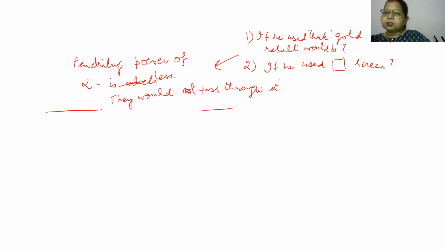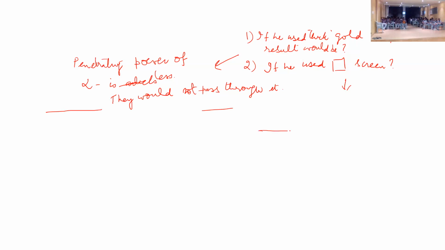Right? Had he used a thick gold foil, he would not have got these results, because alpha particles would not have passed through, and they would not have shown you any deflections. Is it clear now? Please say yes or no. Yes, ma'am. Okay. Then if we use a square screen, this was the source from where the alpha particles